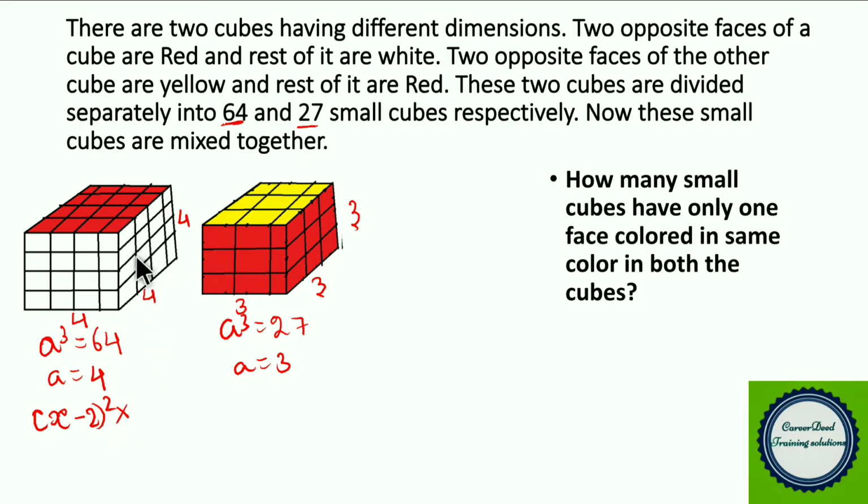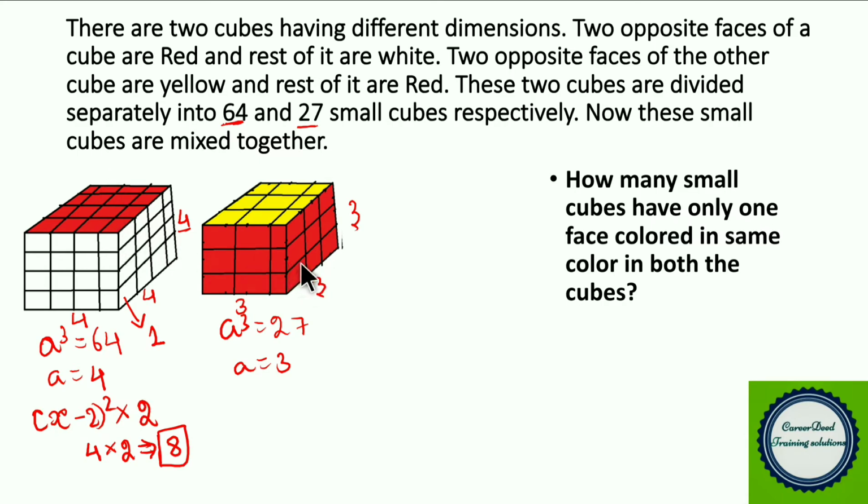See, if you take the first cube, you have to consider only two faces because only in two faces do you have red color. So here you have to mark it as 2. Now what is the value of x? x is nothing but the side of the big cube by the side of the small cube. So here we are considering the side of the small cube as 1 centimeter. So 4 by 1 you get 4 only, right? So (4 minus 2) the whole squared, you get 2 squared, that is 4. 4 into 2 we get 8. So we have 8 such cubes that are painted on a single face.